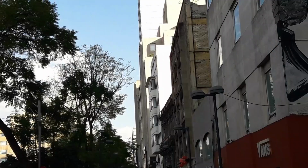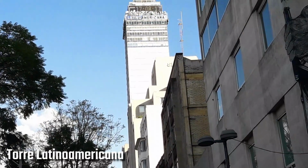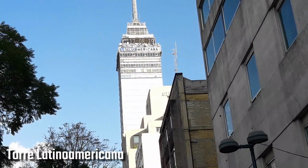Okay, we're now heading to our final spot. We've left the best till last. It's Torre Latinoamericana. Right, before we get up there and it gets really windy, let's tell you a little bit about this building. So Torre Latinoamericana was built in 1956, and from what I understand it